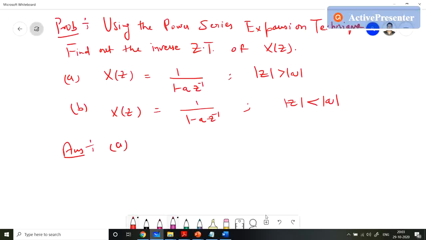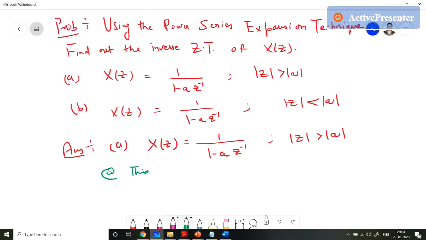Let us consider the first case, that is X(z) equal to 1 divided by 1 minus a z inverse, and it is given that the ROC is modulus of z greater than modulus of a. That means it is talking about the causal signal, the right-sided signal, because the ROC is the exterior of the circle. So this problem belongs to the right-sided signal,